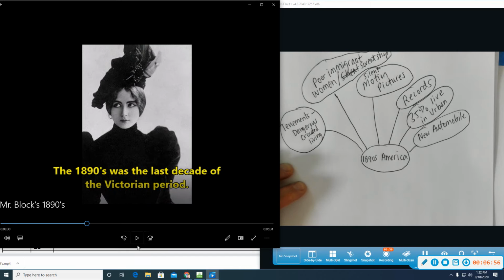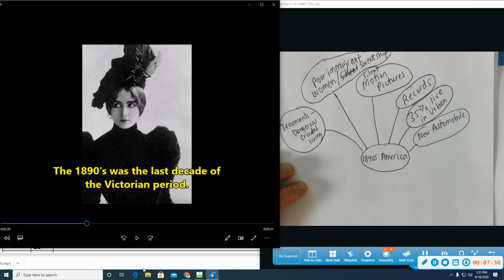This is the last decade that's going to be called the Victorian period, named after Queen Victoria. So the years that she's alive. Now, the women dressed that way because she was in mourning. Her husband, they were really in love. And they had lots of kids, and he died young. And for the rest of her life, she dressed in black, long clothing. And the Europeans and the Americans made it a fashion statement. That's why they dressed like that. And Victorian was very conservative. You had lots of rules on how you're supposed to act and how you're supposed to eat.